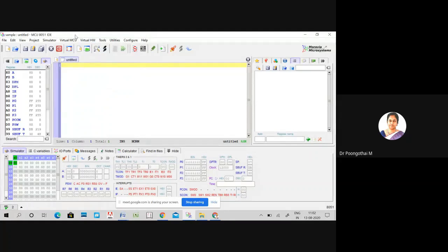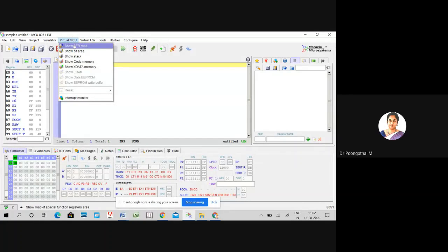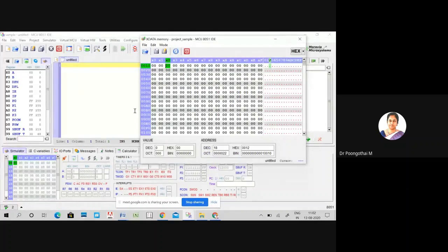And virtual MCU contains your special function register map, bit area map, and stack content, that is your RAM memory location content. Using this option, you can view your core memory, that is program memory, and using this one, you can view your external memory. And also you can enter your inputs here.